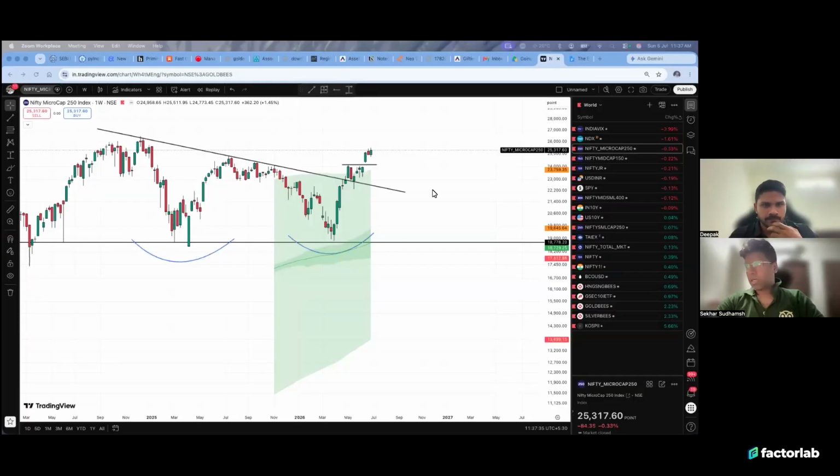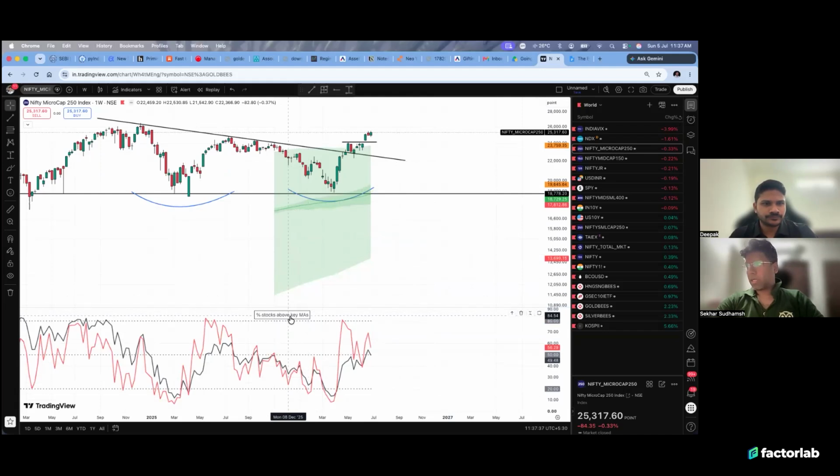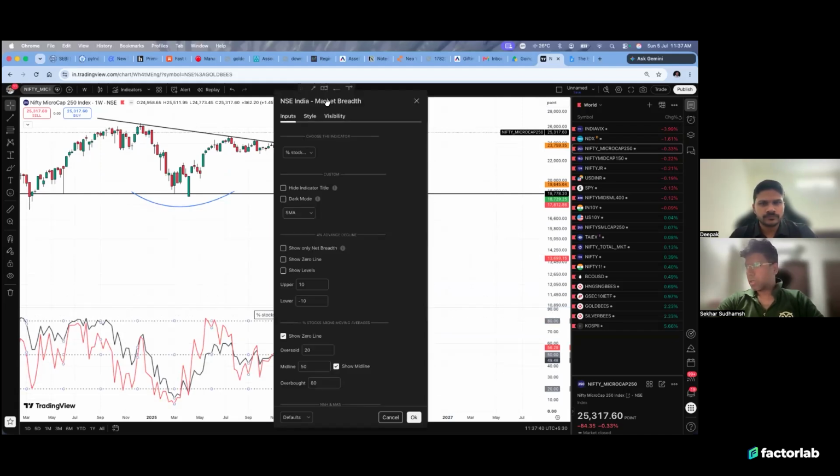Where can we check market breadth? Shekhar, do you want to take that? So for market breadth, there are a couple of indicators that are available. You can check them in TradingView, but the market breadth that I just showed is built by us. We have written code in Python to fetch this and calculate. Maybe if possible, I'll share that code with you guys. But in TradingView, you can see an indicator called market breadth. You can search by NSE India market breadth. This is the TradingView indicator.